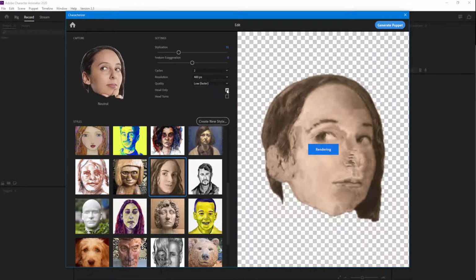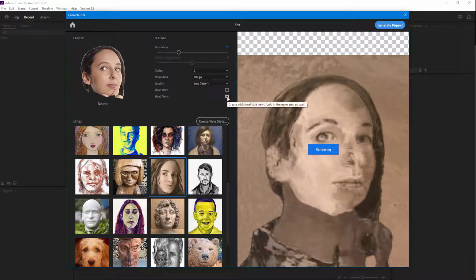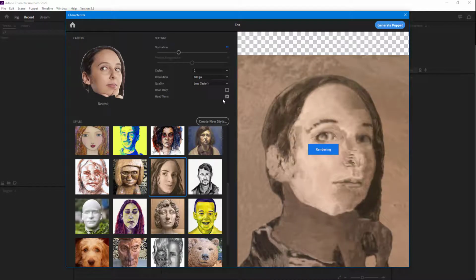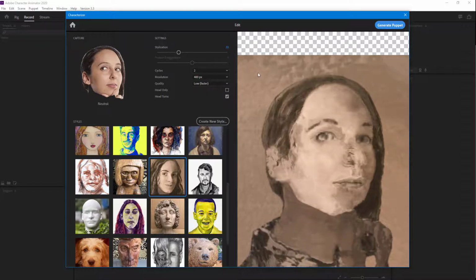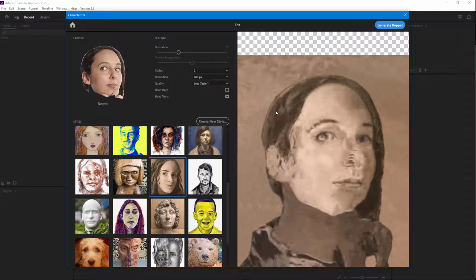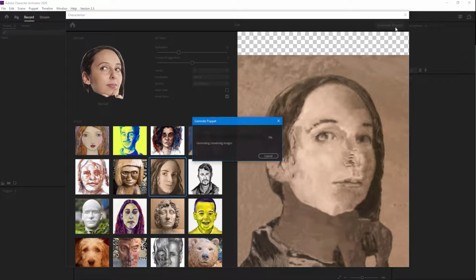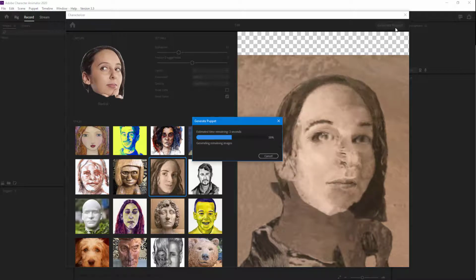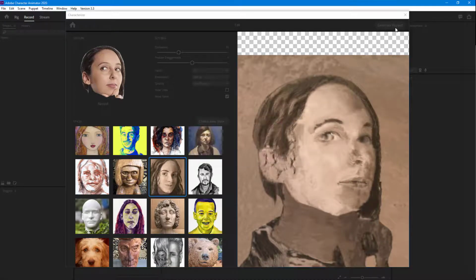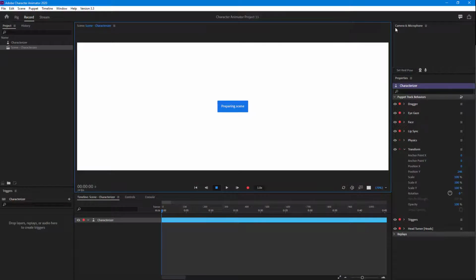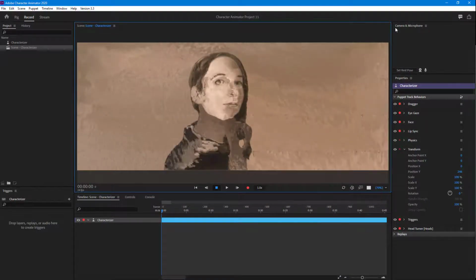I can go into head only, or I can generate the head turns as well. So I'm just going to do the head turns as well. And once I'm happy with this, I'm just going to hit Generate Puppet, and let's see what happens now. You can see that it has generated head turns as well, and there you go. Now you have the character, and you can see that there are 2